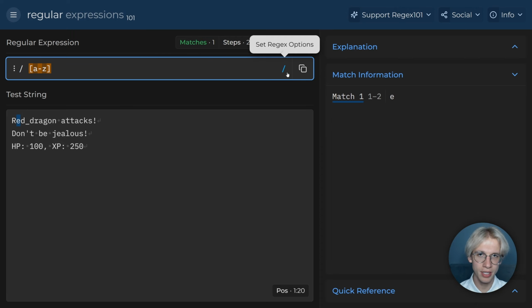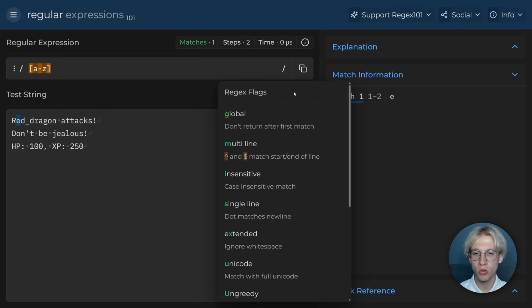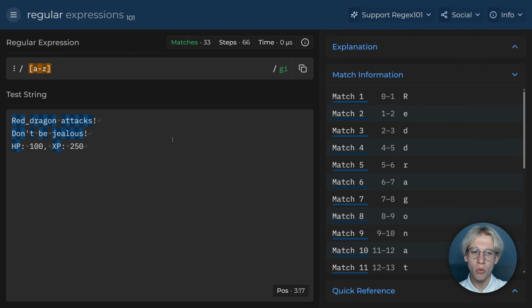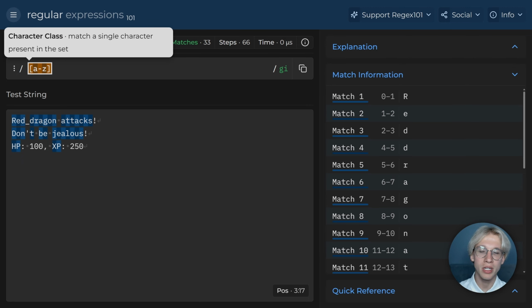So let's activate our flags by clicking this slash. And here, let's choose 2 flags. So at first, the global flag. Now our function will look for all the matches that satisfy our pattern. And then let's also put the case insensitive flag so that our pattern would treat uppercase letters and lowercase letters in the same way. Now we see many matches in our console, but the first problem is that the character class